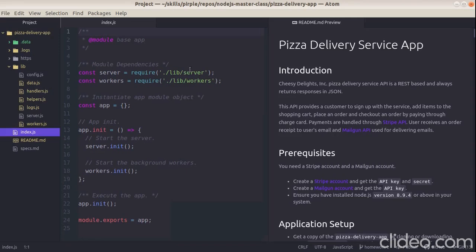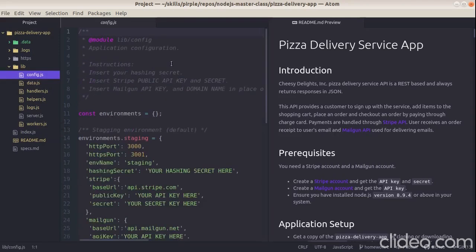So this is a REST-based API. This API always return responses in JSON format. The configuration file contains application configuration details. This API integrated with a Stripe account for payment handling and Mailgun email service for delivering